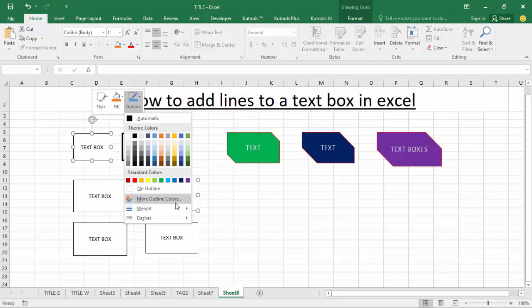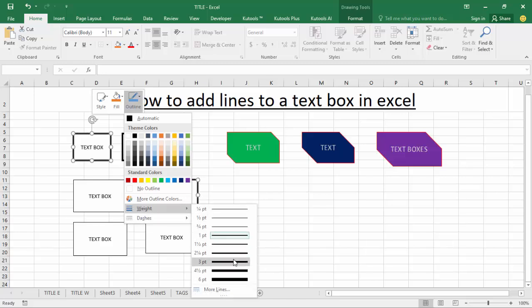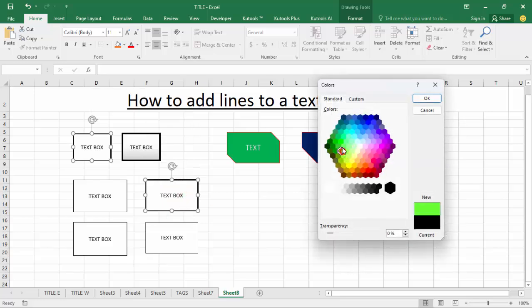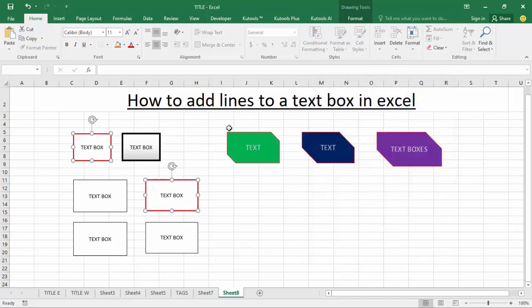More outline colors, and dash white. I set the simple outline. Click OK. Outline colors, the red. OK,